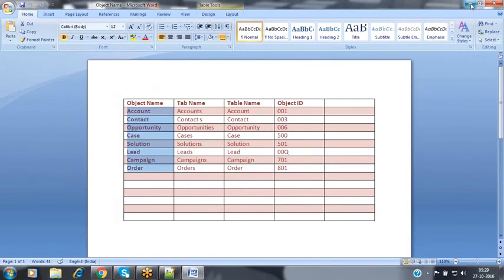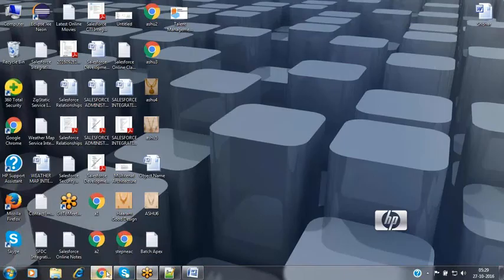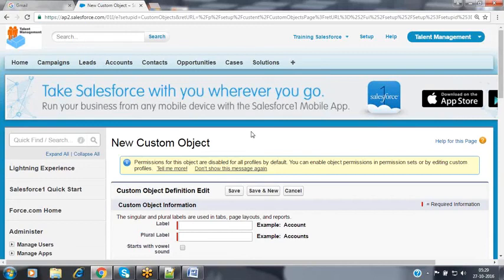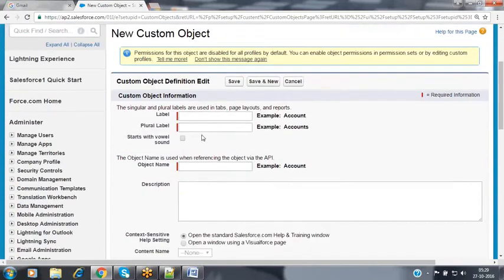Here also, whenever you create an object, Salesforce will generate a table for you. If you want to manage the records inside the table, do you want me to provide the graphical user interface? If yes, then I'm ready to provide a tab to you. If it is a tab, then what is the name for that tab? We have to provide the plural label also. So the singular label is considered to create an object, and the plural label will be considered for the tab. After that, it will give the object name automatically; this is internally created by itself.